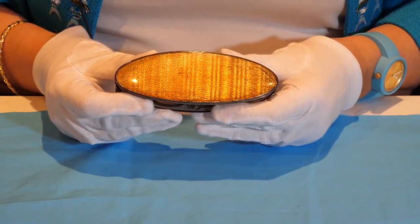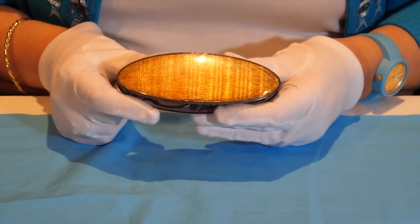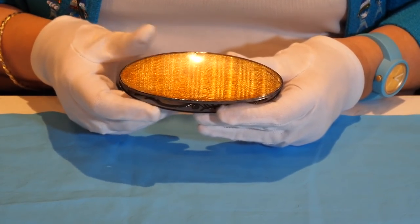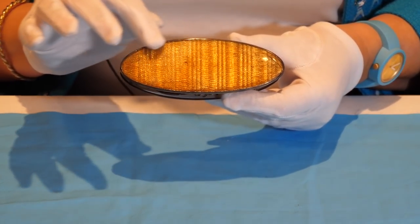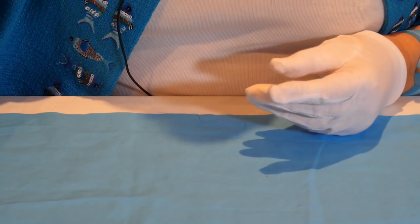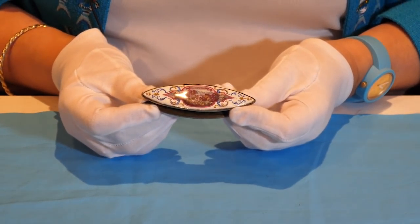We have several pieces that you're going to see today, some that are knotting shuttles, but we have some needle cases and other things that have that same sort of guilloché work on it. And this is really beautiful because it's not only gorgeous on the top, but also on the sides as you turn it. Another beautiful one is this enamel ware one, and I'm hoping that we can get in